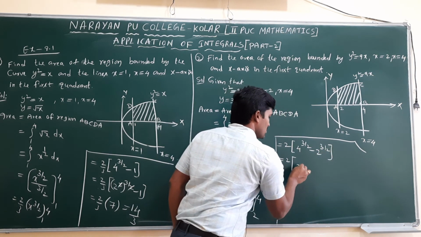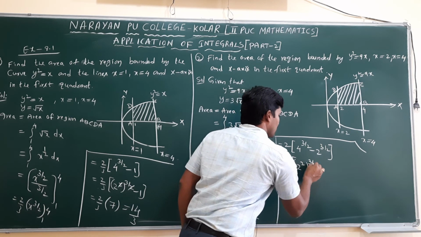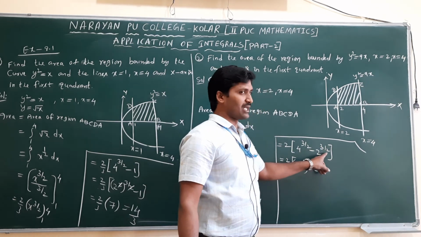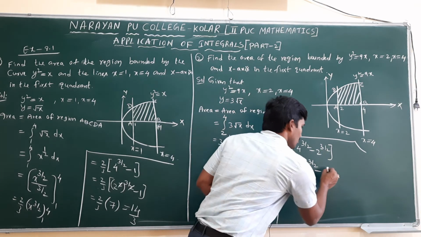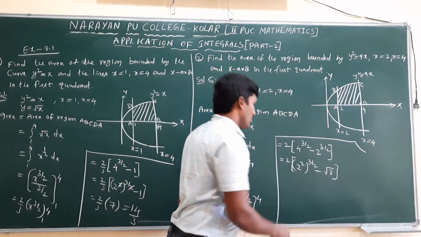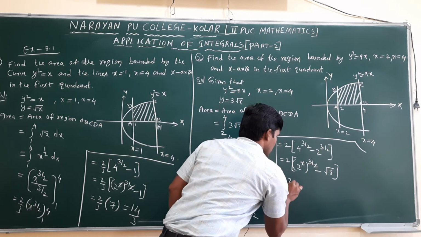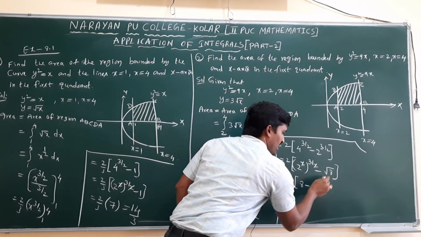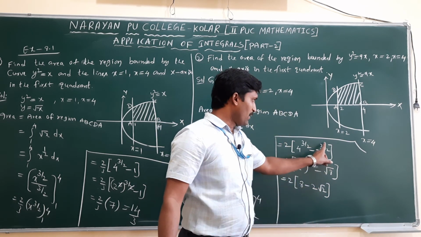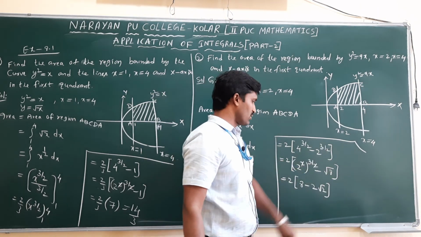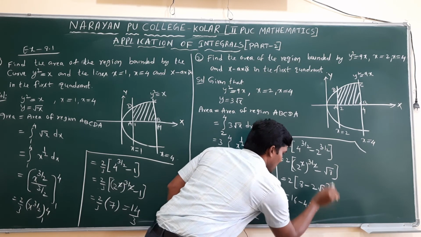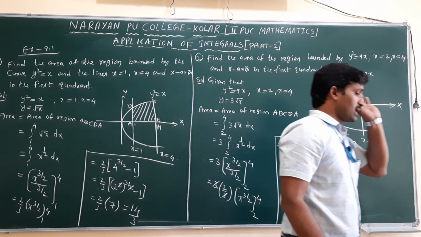2 into this you can write 2 square whole power 3 by 2. Now 2 cube root, meaning 2 cube means 8, so root 8. So here 2 cancel. 2 into this is 8 minus root 8, which means 2 root 2. Reason understood? 2 cube is 8, by 1 by 2 meaning what? Square root. So multiply 2 inside. 16 minus 4 root 2 is the answer for the given data.